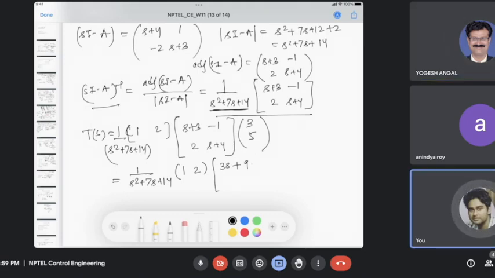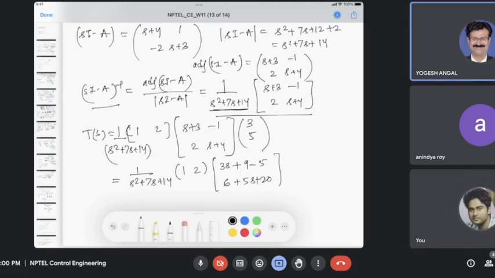Yeah, you can multiply in any order. So for matrices A, B, C, you can multiply this, or you can start with this. The associative property holds for matrix multiplication, so you can multiply in any order. This is fine. So it's minus 5. So 6 plus 5s. Yes, plus